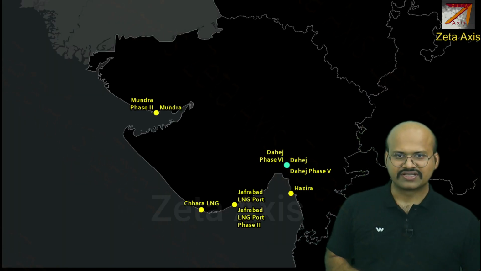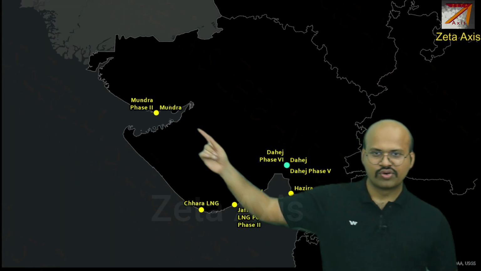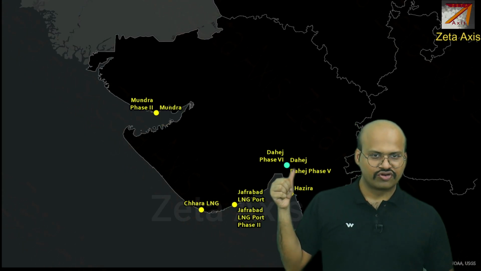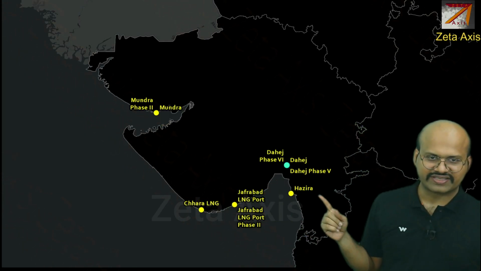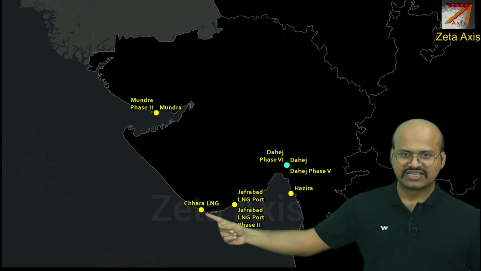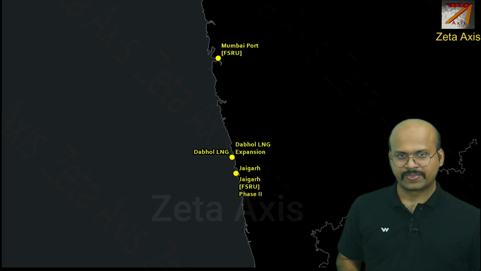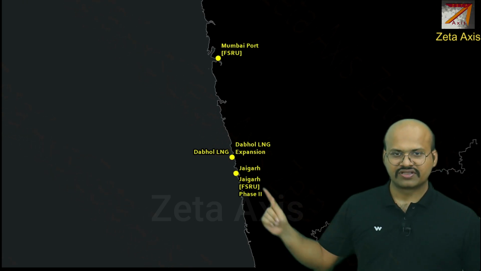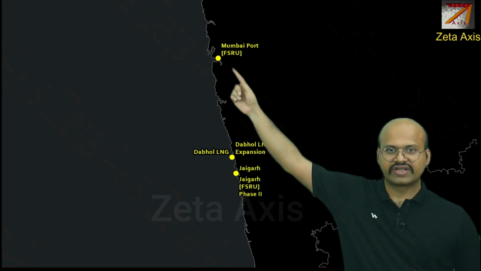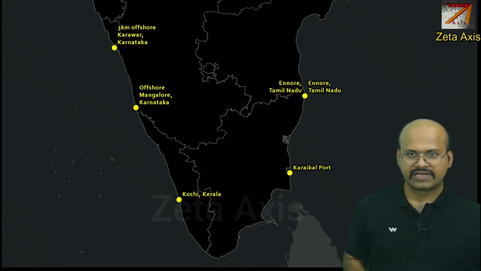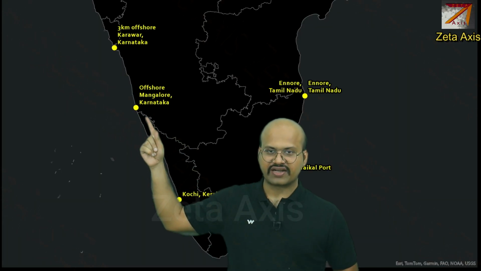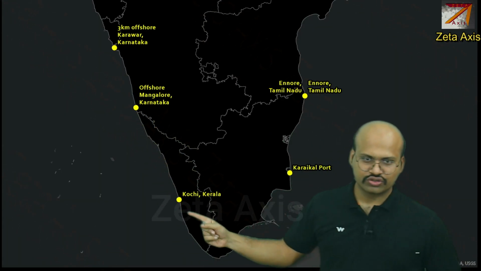The LNG terminals in Gujarat: we have Mundra, where we have 2 LNG terminals, and then we have Dahej, where we have 2 terminals. Then there is an LNG terminal in Hazira, and Jafrabad, again with 2 terminals, and then the Chara LNG port. Within Maharashtra, we see Dabhol, where there are 2, Jaigarh, again 2, and then Mumbai port. Then in southern India, we have Karavar, which is in Karnataka, then in Mangalore we have 1, then Kochi,